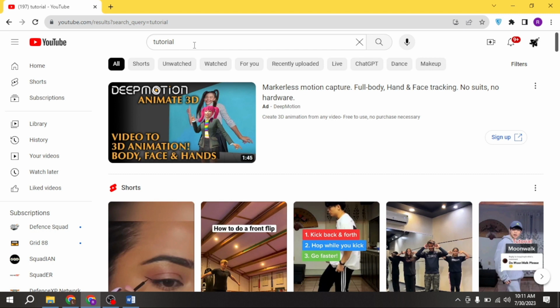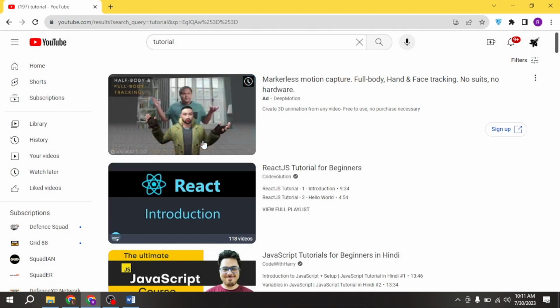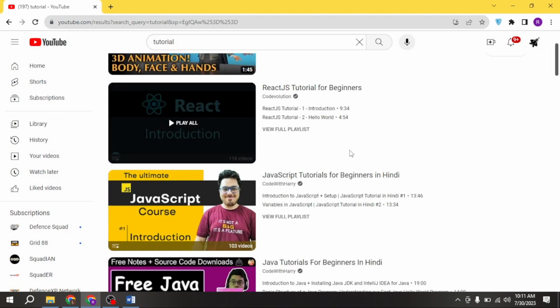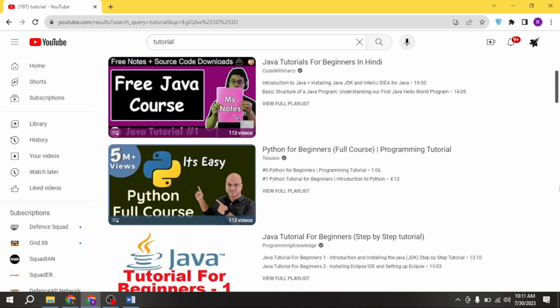Now you are seeing filters on the right side. Click on it. Now in the type section you are seeing different options. Click on playlist. Now you will only be able to see playlists. There you go. If you wanted to know how to search for only playlist on YouTube, that is the easiest